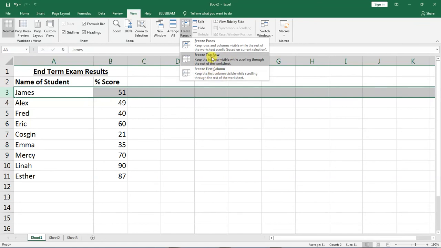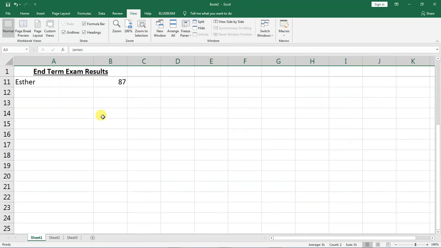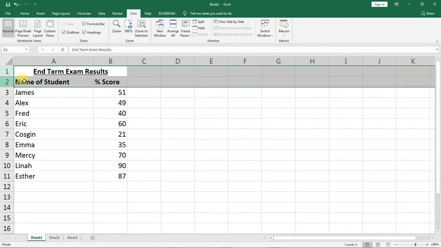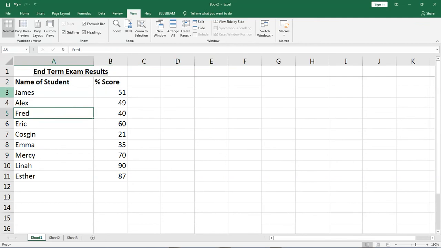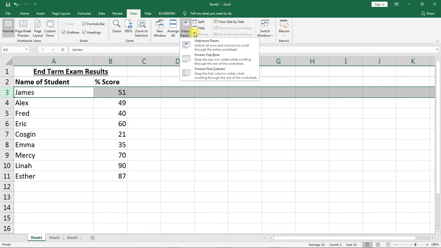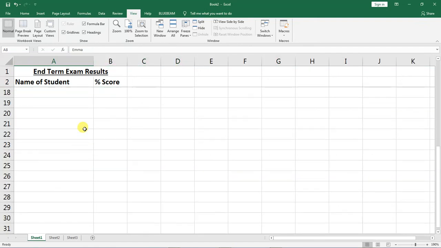And if you click on freeze top row, what happens is row number 1, which is the top row, will only be frozen and the rest will be like that. But now what I want is I want this row and this other row both to be frozen. So I'll highlight this, go to view, and then up here in freeze I'll do freeze panes. So you notice that now when you scroll, this and this other row appear up there as